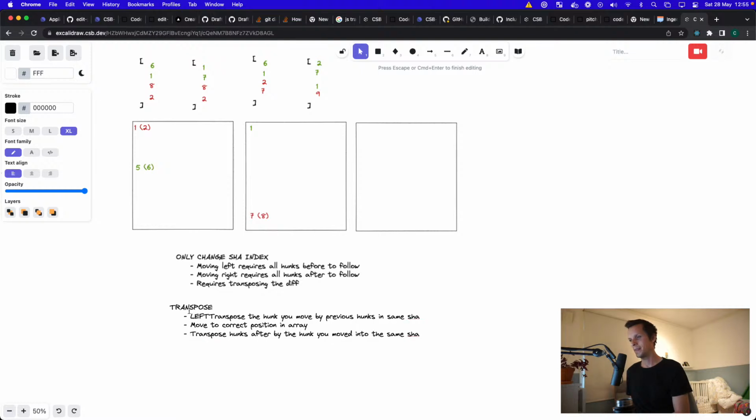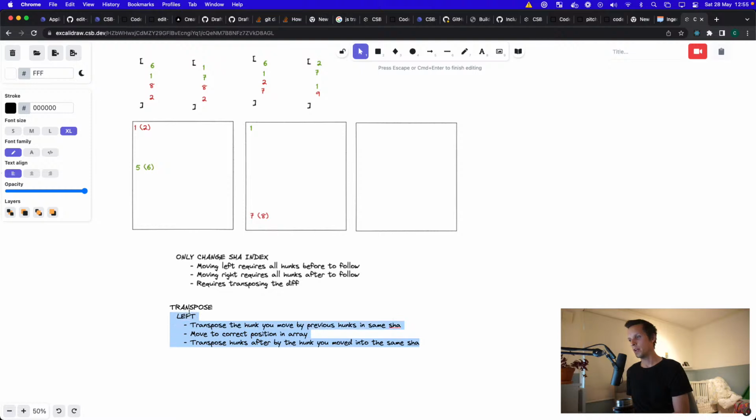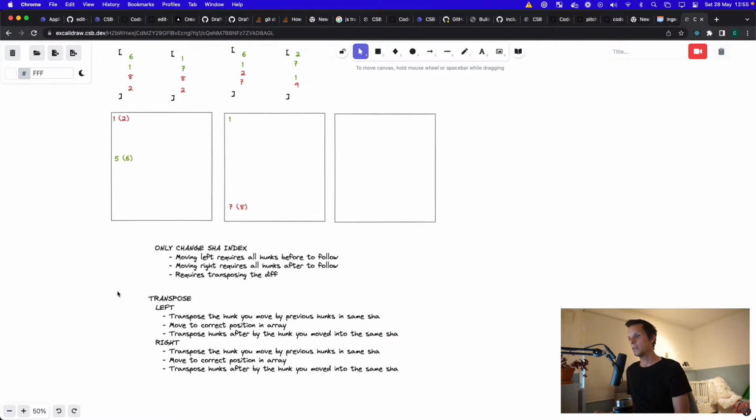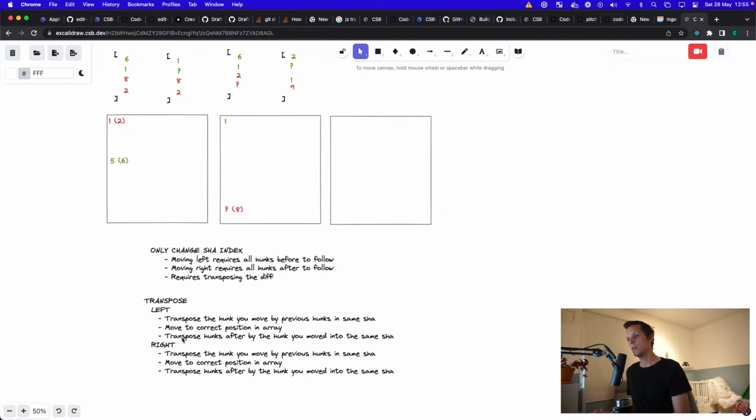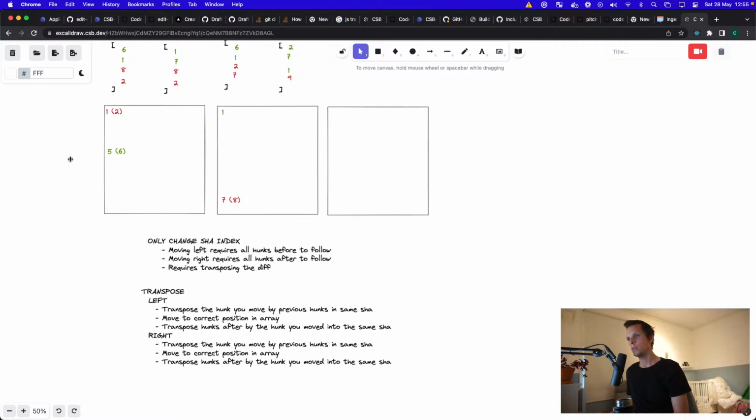Okay, so transpose left, you have to do that thing. But what if you move right? Okay, so what if I move this right? Now let's try to revert this rule. So if I move right, I have to look at all hunks after the thing, which in this case would be